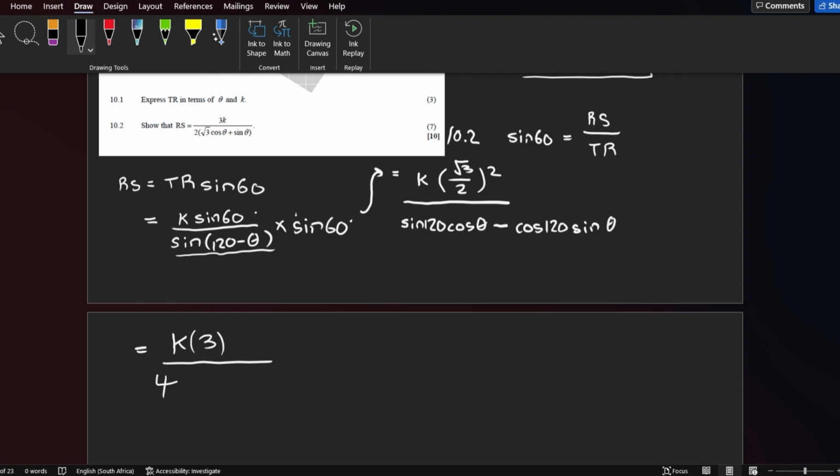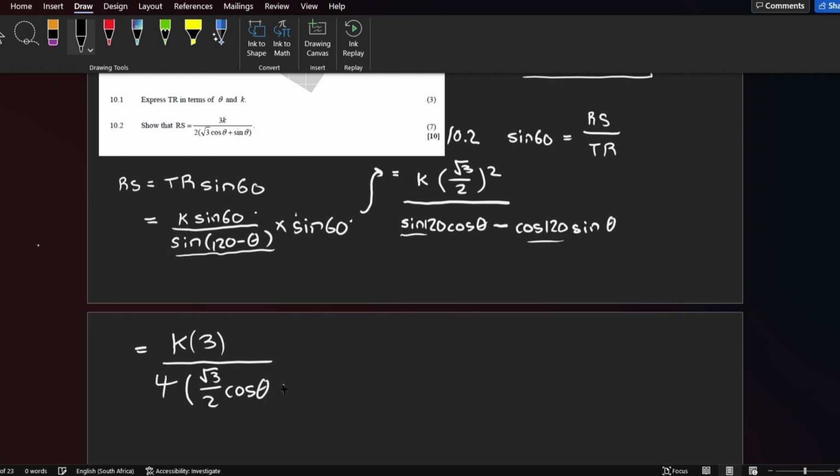We still have our compound angle, but we can simplify sine 120 and cos 120 if we substitute them into our calculator. Sine 120 is root 3 over 2, and then we have cos theta